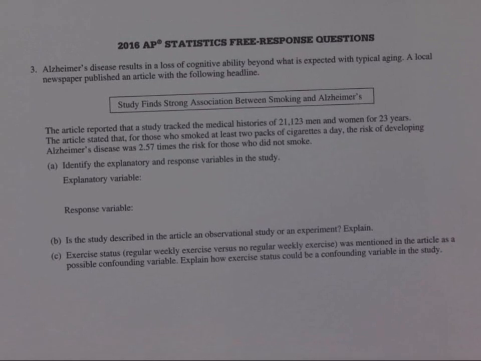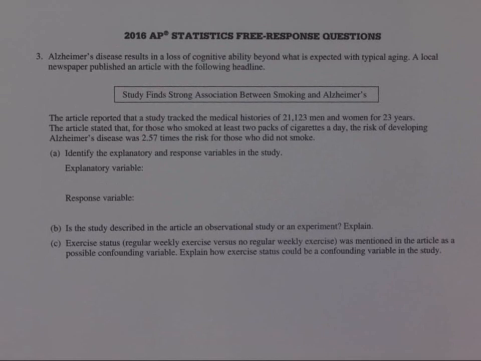So today we're doing number 3. Yesterday we did number 1 from 2016. We aren't doing number 2 because it's a chi-squared problem, which probably when we get back and do our online class, we'll do some chi-square because I do think it's an important issue, although it's not going to be on the AP Stats exam. But for right now, we'll just concentrate on the sort of thing that's going to be on the exam, which is going to be all free response problems, I think similar to this. We still don't know exactly what it's going to entail, except that it's going to be 45 minutes long. So anyway, let's look at this problem and see if you can figure this one out.